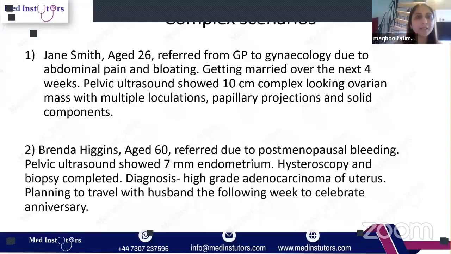So what I'm saying is, as you're 26 years old, we will have a meeting with you with the fertility specialist as well before going on a surgery, and we will discuss with you, and we will respect your wishes for your fertility, and then we will discuss the management plan, like what we can do best for you.